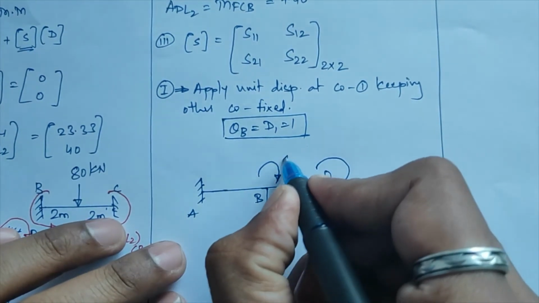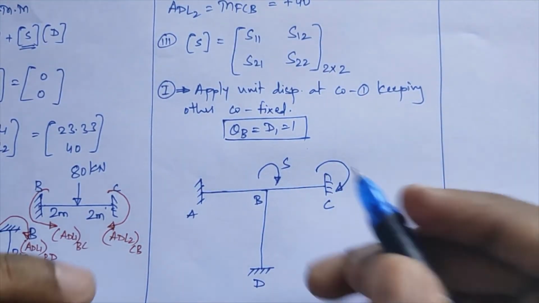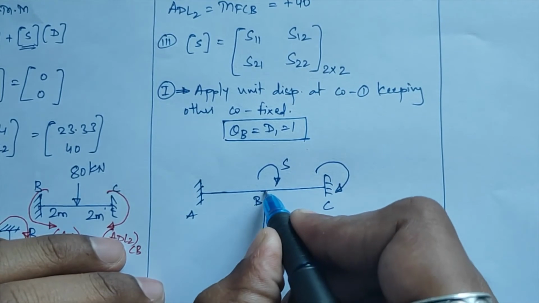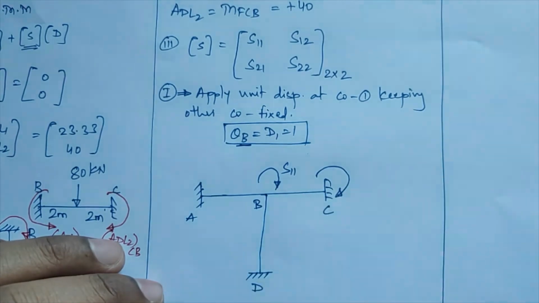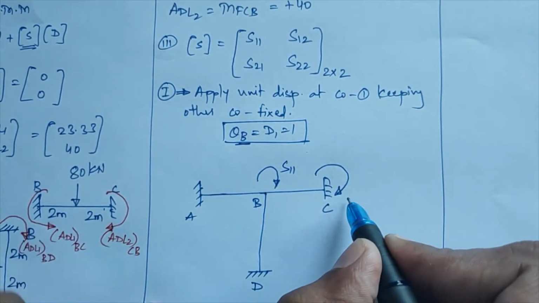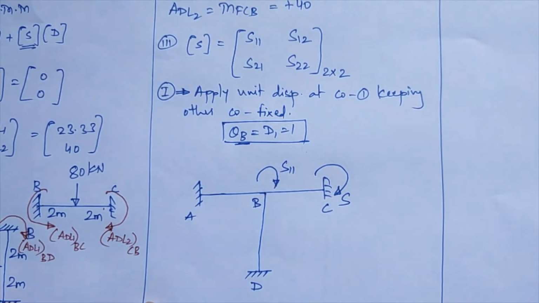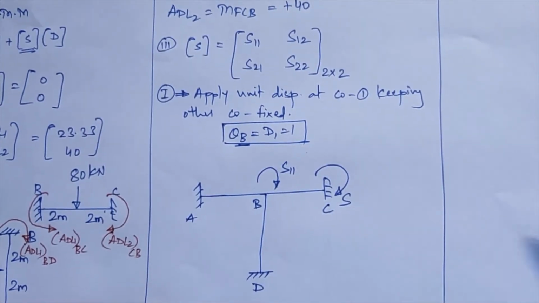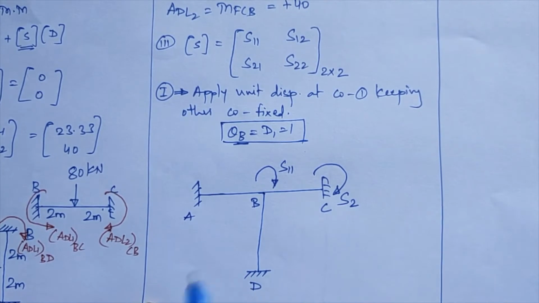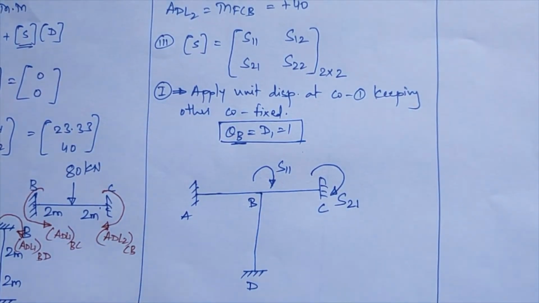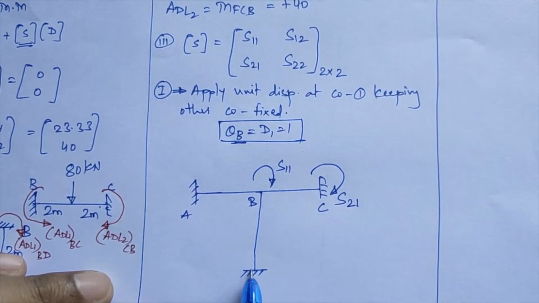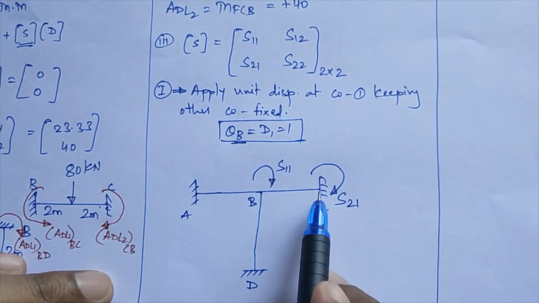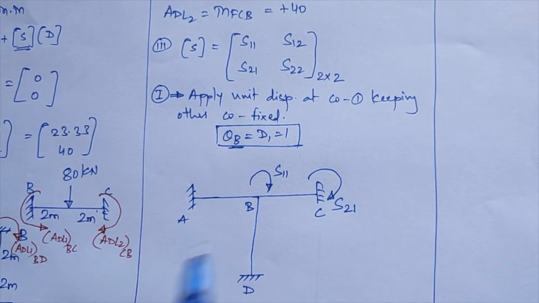So this will be S of stiffness. You are calculating at your first coordinate, that is at point B, when unit displacement is applied at itself at point B. So that will come as S of 1 1. Same way, this will be S of 2 1: you are calculating stiffness at point C, that is at the second coordinate, when unit displacement is applied at your first coordinate. Now this S of 1 1 will be for the cumulative of BA, BD and BC members over there, but S of 2 1 will be only for member CD. So likewise you have to calculate.